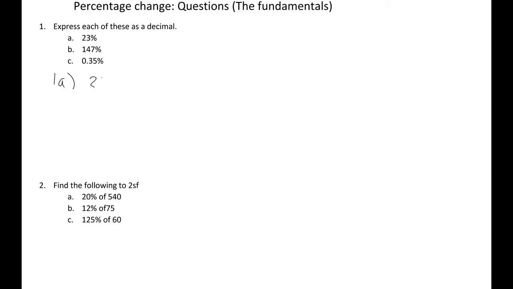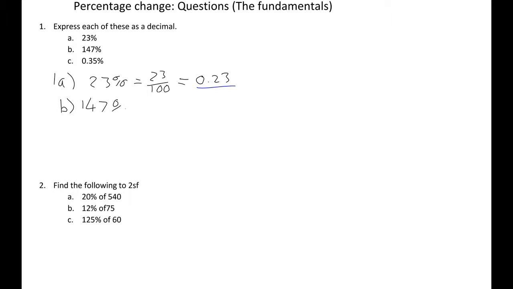So, 23%. Now that literally means 23 per 100. That's what percent means. When you divide by 100, what you do is you move the decimal point 2 places to the left, so that becomes 0.23, and that is it. That's all we've got to do. So, part B,